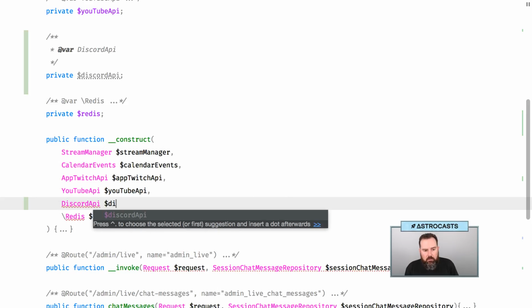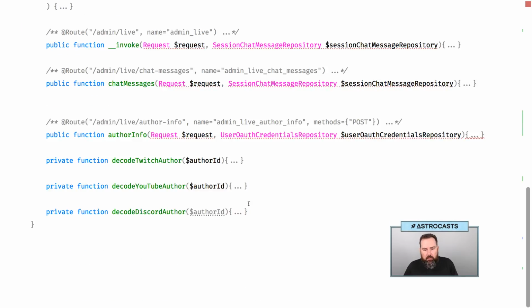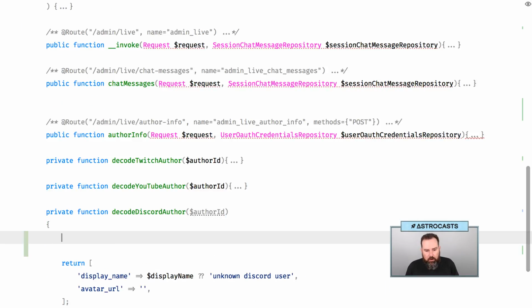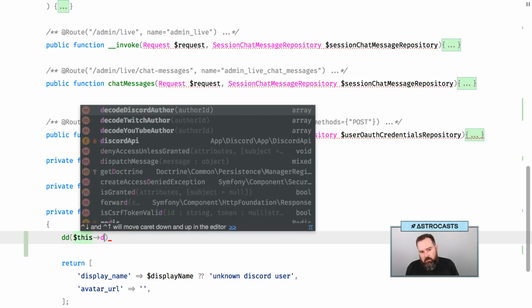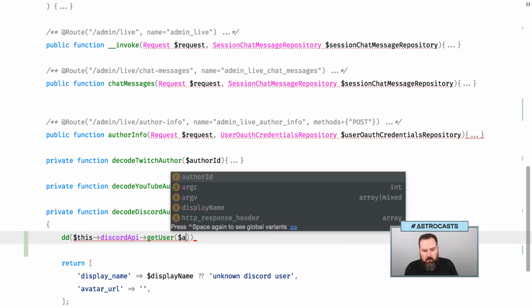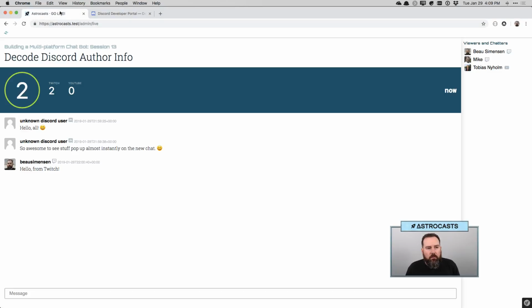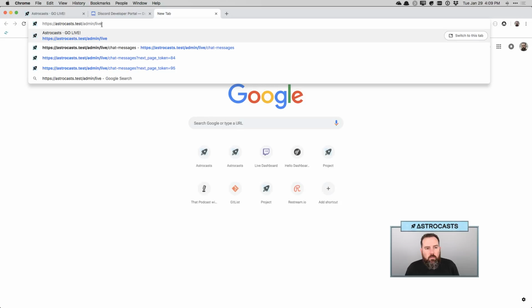API. There we go. So now we have access to this Discord API, and let's just run dd this Discord API get user author ID. And I should be able to do,